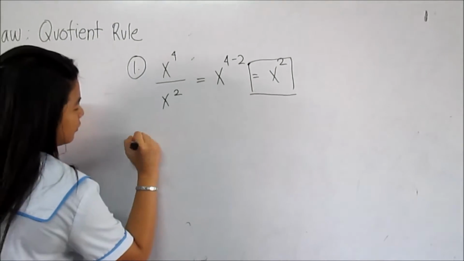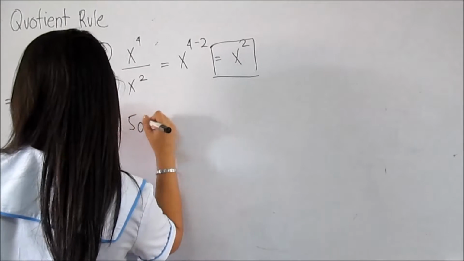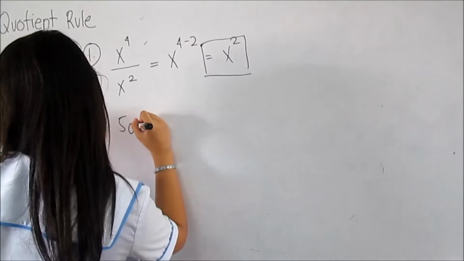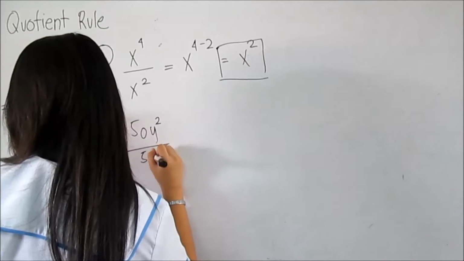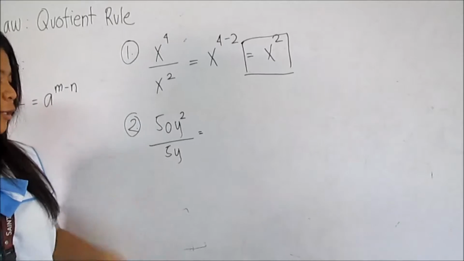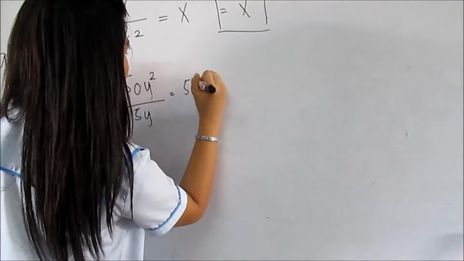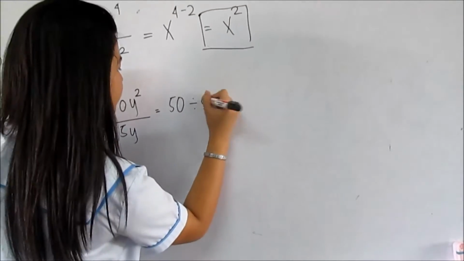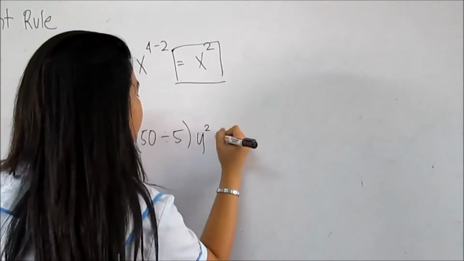Number 2. Over 5y. 50 divided by 5. y squared minus